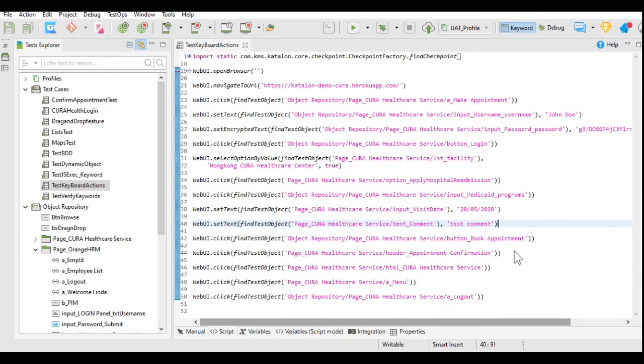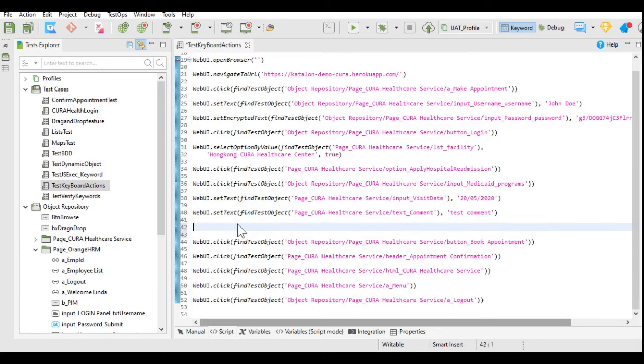So these are the actions that we have performed in this test case. Let's learn how to use the keyboard actions. I'm going to use the keyboard actions on this comment text object, where we have added test comment as a comment in that text box. So we are going to use the backspace keyboard action on this comment text box.